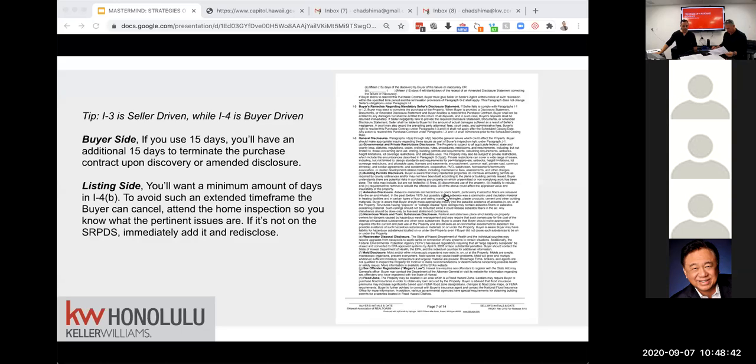On the list side, you're going to want a minimum amount of days in I4B to avoid such an extended time frame in which the buyer can cancel. Attend the home inspection so you know what the pertinent issues are, and if it's not on the SRPDS, immediately add it and have it redisclosed. I'll give you an example. This is a realistic example. When this contract first came out, I want to say it was within a couple of weeks,